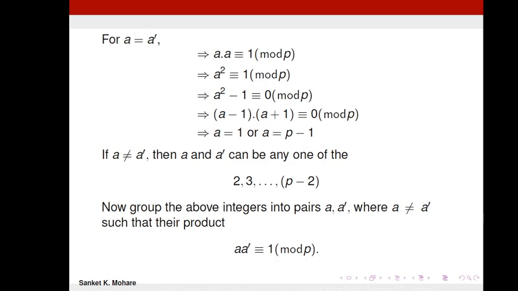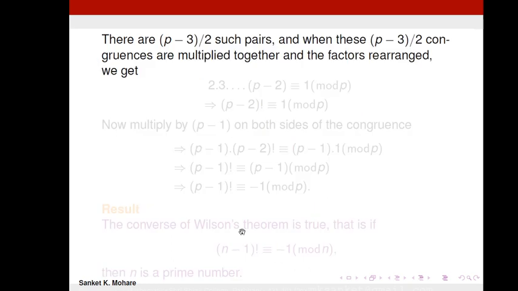So here in total we have p minus 3 by 2 such pairs, and when these p minus 3 by 2 congruences are multiplied together and the factors rearranged, we get